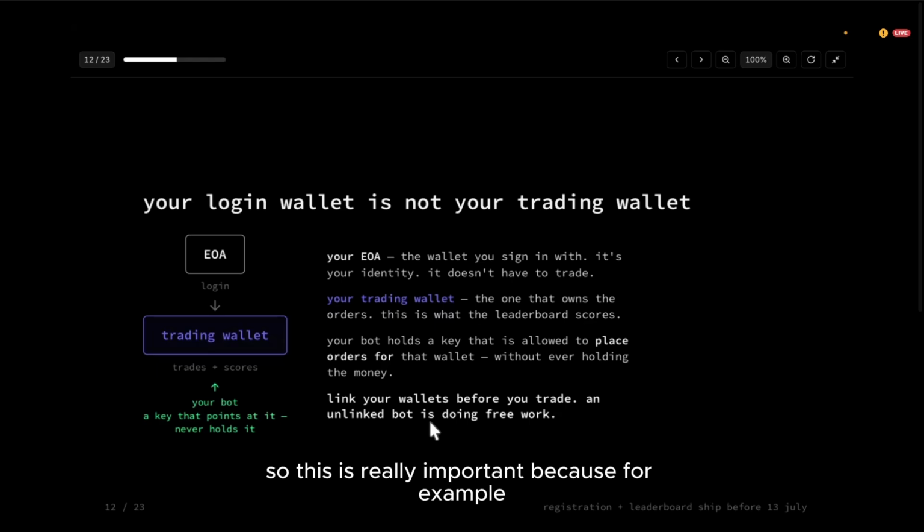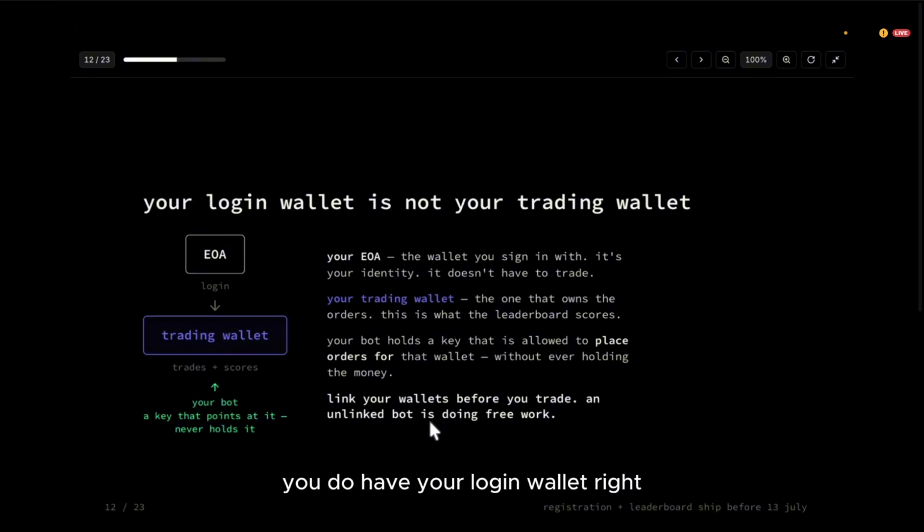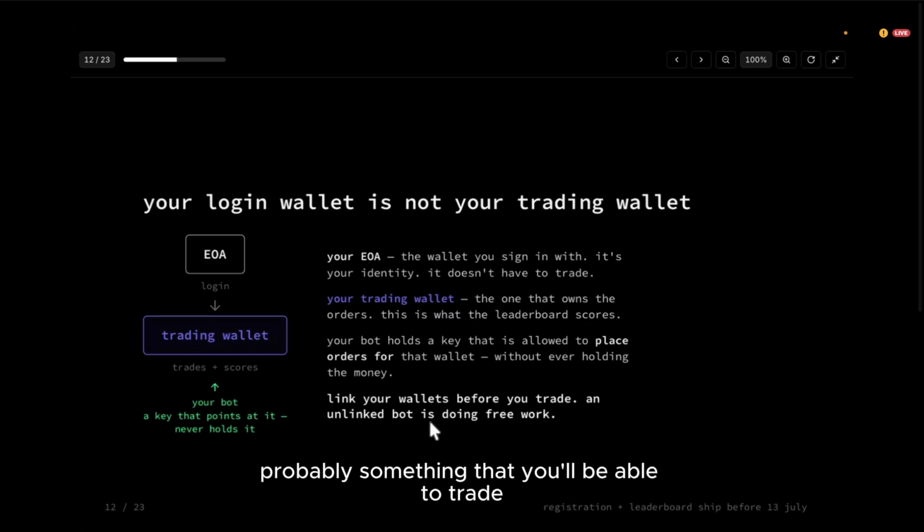So this is really important because, for example, you do have your login wallet, right? For example, say MetaMask. You get your dreamDEX wallet, your Dream wallet, your smart wallet. This is not probably something that you'll be able to trade on with your bot. But if you have another wallet or multiple wallets, where your bots are operating, like I described previously, you will be able to link them.